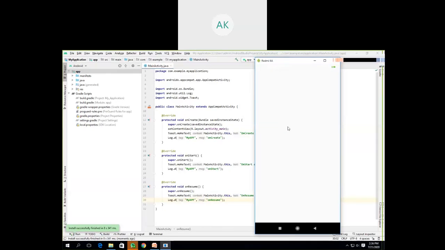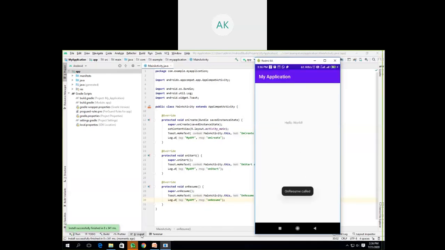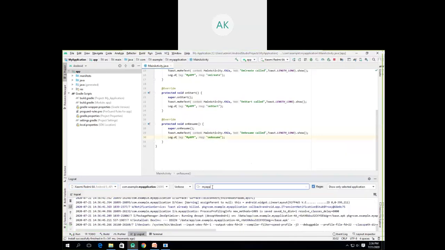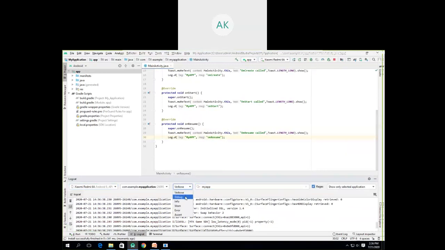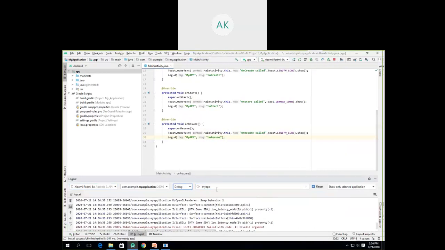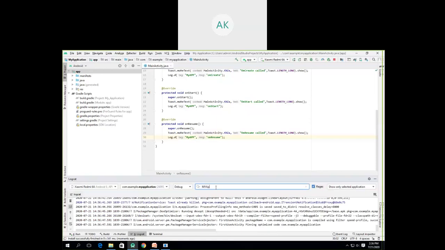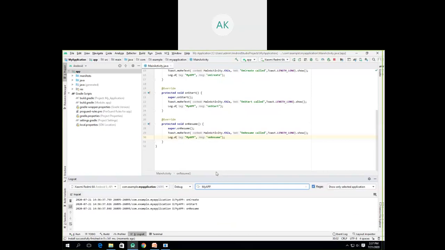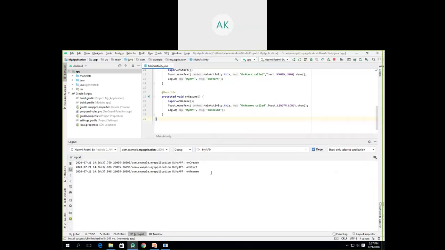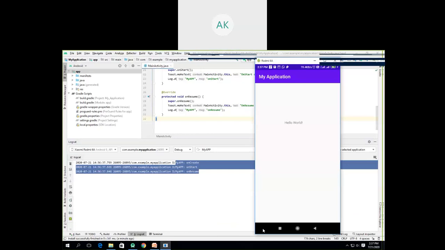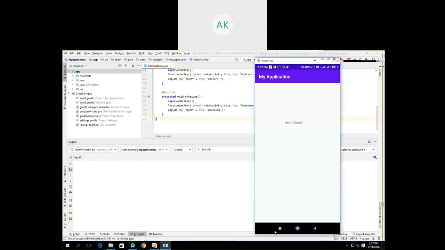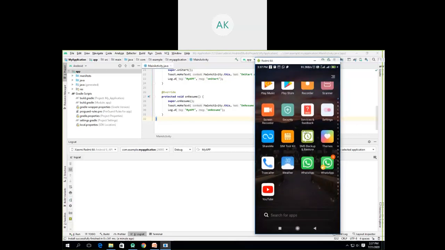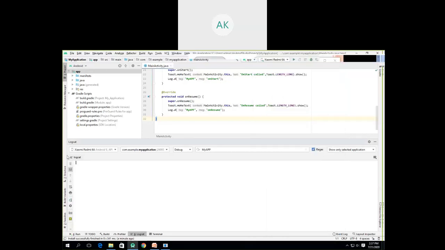Okay, so as you can see, my activity is launched. It is saying onResume called. Now if I go to the logcat and filter these messages, it has my app. So you have to see it here: onCreate, onStart, and onResume. So let me clear these messages again, and I'll remove this app and relaunch this app. Currently you can see there is no message visible inside this logcat window.